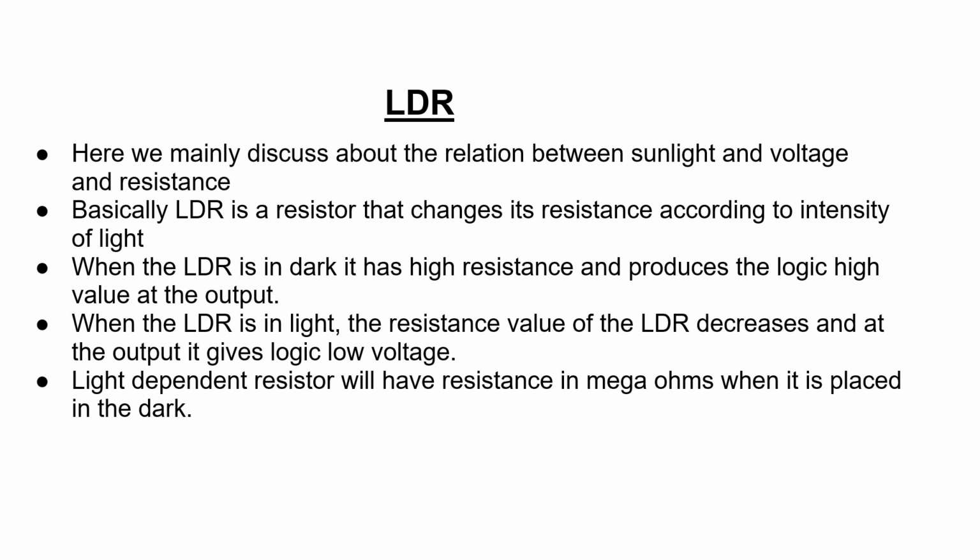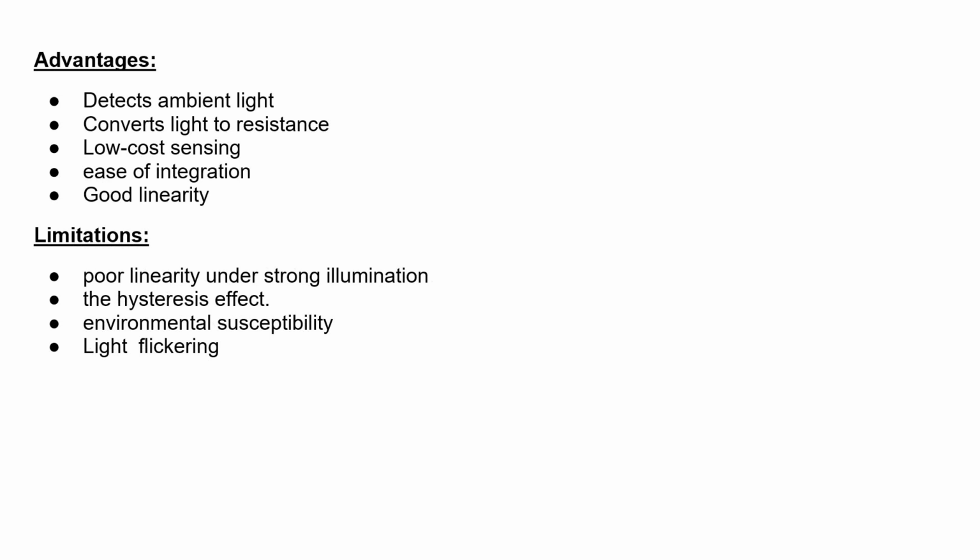Now we see the advantages and disadvantages of the LDR sensor. The system block consists of the LDR sensor and Arduino control, which continuously senses light intensity and sends an analog voltage signal to one of the Arduino's analog input pins. We have low cost sensing by using the LDR sensor, which converts light to resistance, and ease of integration and good linearity. And we also have some limitations, which are poor linearity under strong illumination, hysteresis effect, light flickering,